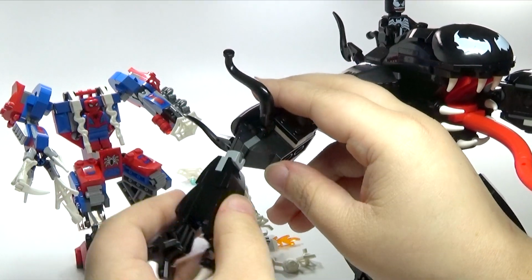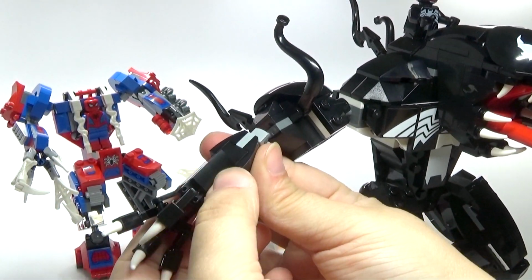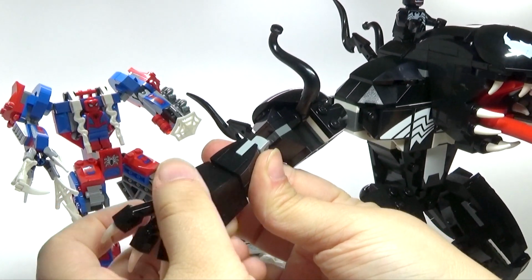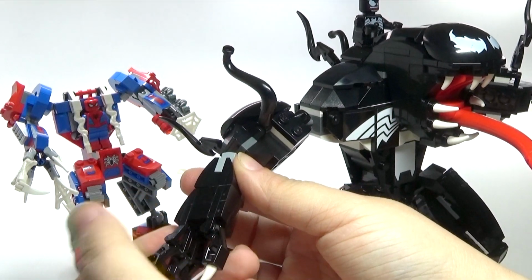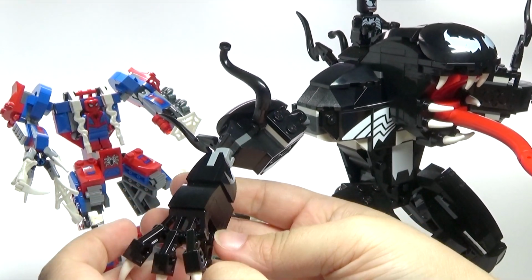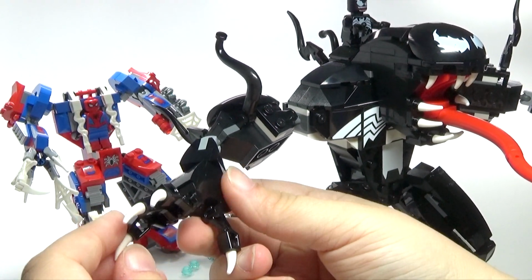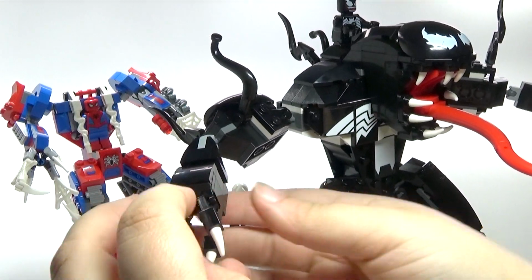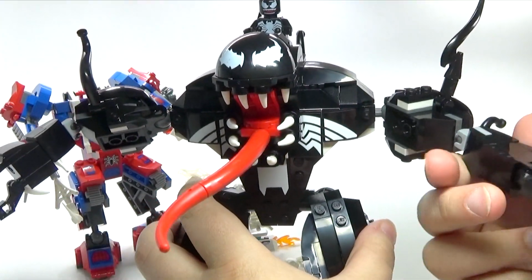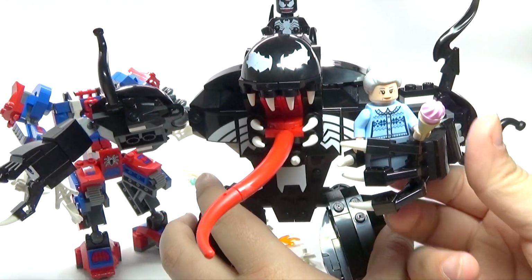But what I think is cool too, and I did not expect this at all, is you can see there's actually another kind of joint here. You can actually twist the hand around. I really like that. I think it's cool. And of course you can move the fingers or claws, so you can grab stuff or whatever you want to do. And then basically it's the same on this side, except that he's holding Aunt May in this